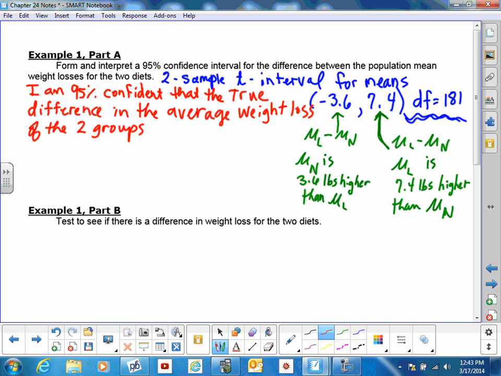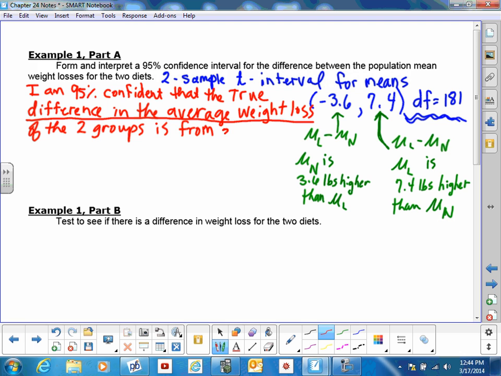Okay, so let me let you catch up right there. This is about the difference in the average weight loss of the two groups. That's important, that it's actually phrased just like that. This is a number about the difference in the average weight loss between the two groups. Okay, and so I say that this number is